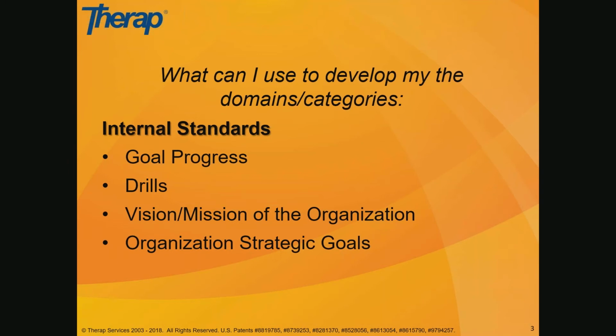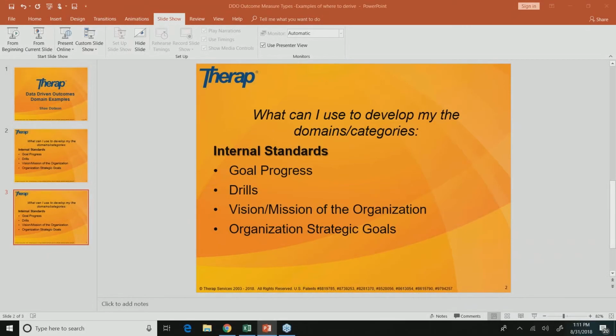The other area that you might consider would be if you're doing any sort of state standards or accreditation bodies, such as CQL, CARF, or National Core Indicators. These are great places to take those standards and think about the categories that they have available and how you would then put them into an outcome measure type to map across your organization. So, for example,